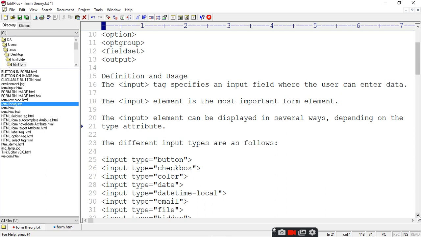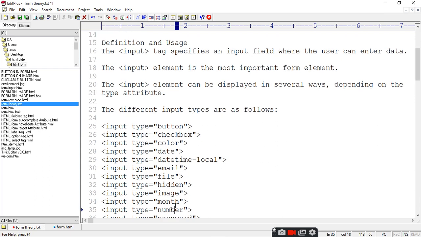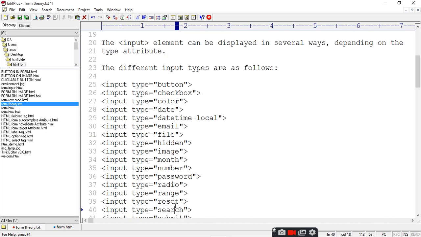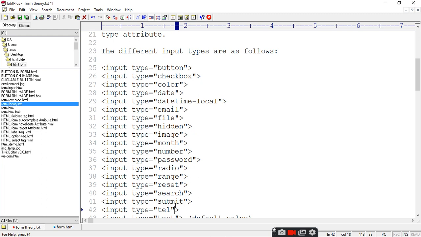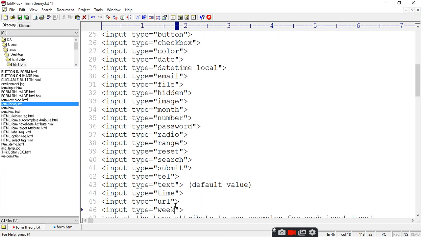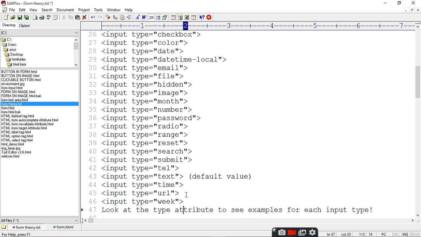First is button, checkbox, color, date, time, local, email, file, hidden, image, number, month, password, radio, range, reset, search, submit, tel, text. Text is the default value. Always we take the information in the form of text, then time, then URL, then week.